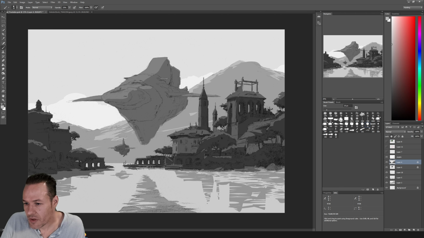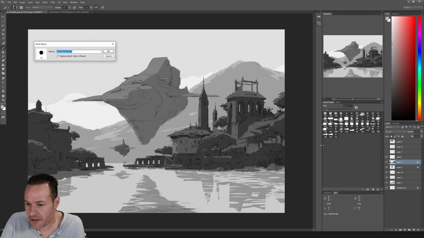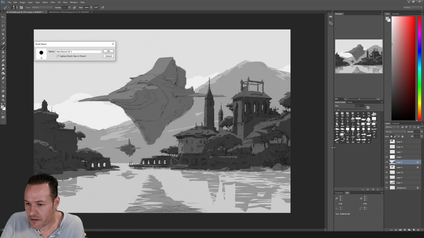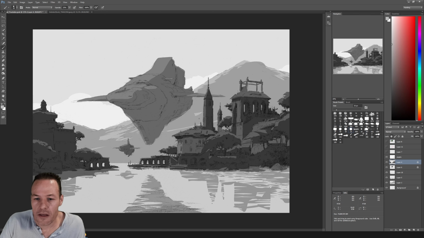So use something with a pressure sensitivity also. Let me make this bigger. Now I can go really bright, but I can control with my pen pressure. So for example, on here,